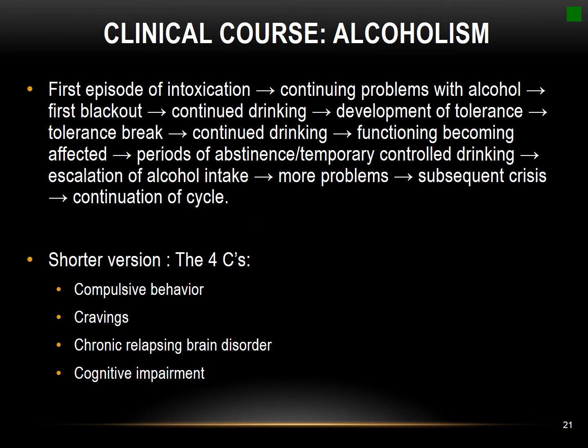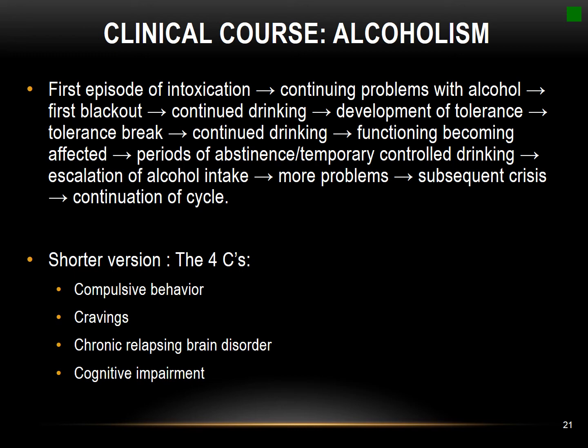Let's look at the clinical course for alcoholism. How does it go? Well, first people get intoxicated. Then they have continuing problems with alcohol. They'll experience their first blackout. They won't stop, they'll keep drinking. Then they start to develop tolerance. Then there's a tolerance break. Then they continue drinking. Then their functioning becomes affected. Then they may have periods of abstinence, or they might even temporarily control their drinking. And then there's an escalation of alcohol intake, which leads to more problems, a subsequent crisis, and then a continuation